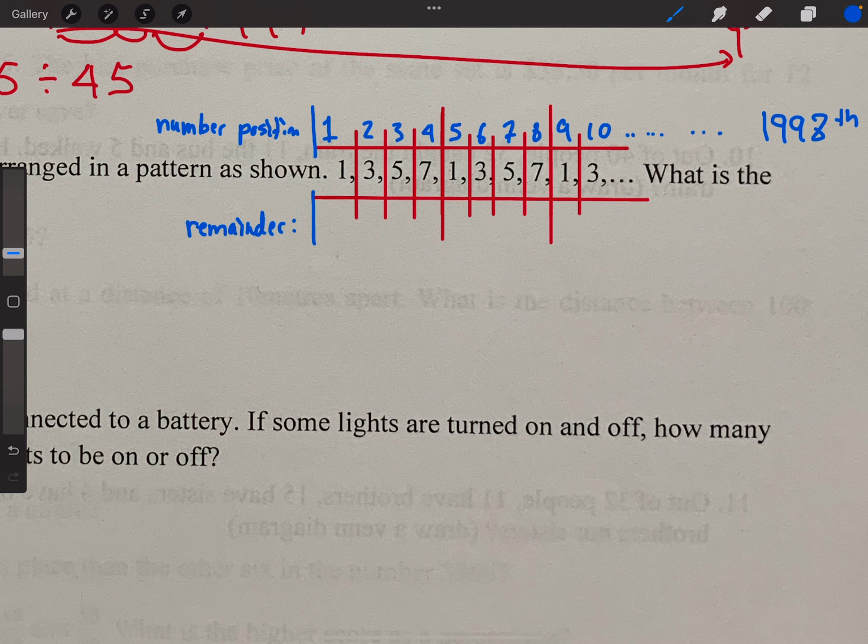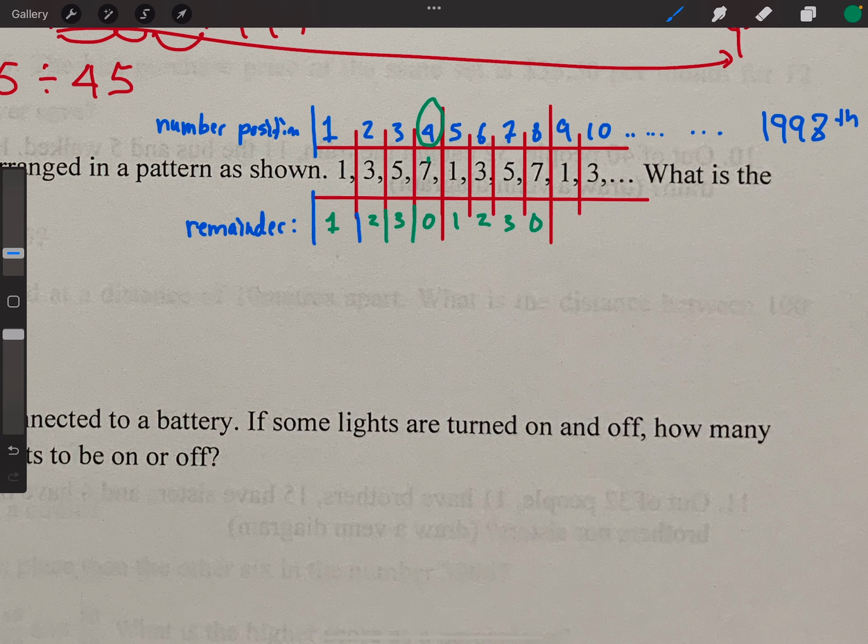Alright. So when you take 1 divided by 4, you're going to get 0 with remainder 1. So I'm going to put this in green. Remainder 2. Remainder 3. Remainder 0. 4 divided by 4 is 1. Remainder 0. And then we're going to go again. So remainder 1. Remainder 2. Remainder 3. Remainder 0. So as you can see here, whenever we take the position number and divide it by